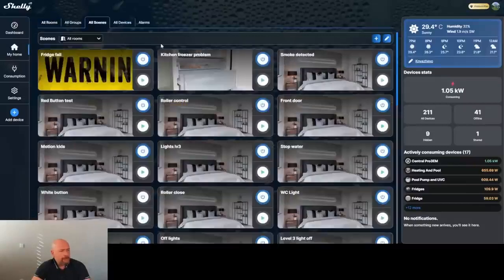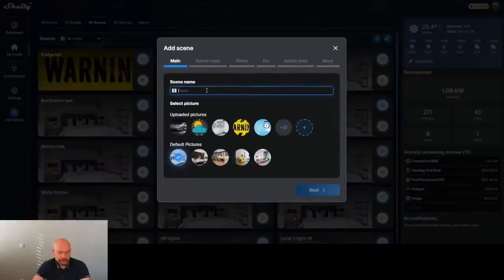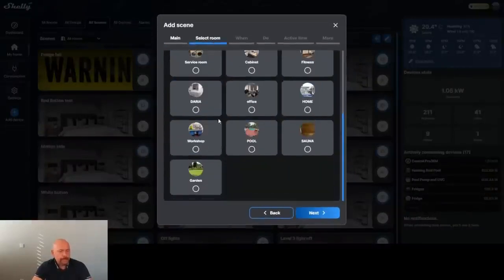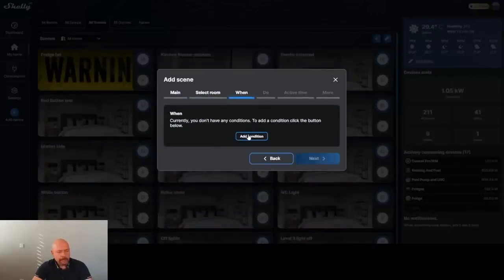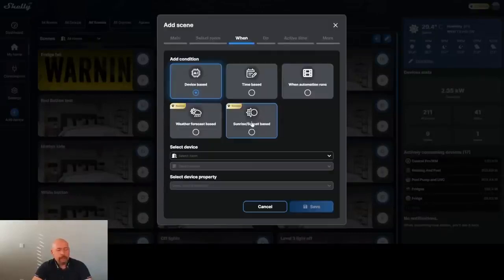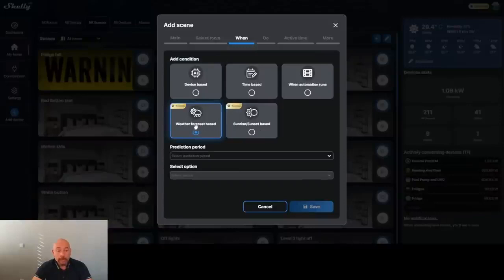Let's go to all scenes. I have many, but let's create one new scene. First, I need to name it. Choose, for example, the icon for this scene, and into which room it is to be placed. Let's say in the garden room. And then in conditions, there are two different options which come with the premium plan. The first one is weather forecast based. When you choose it,